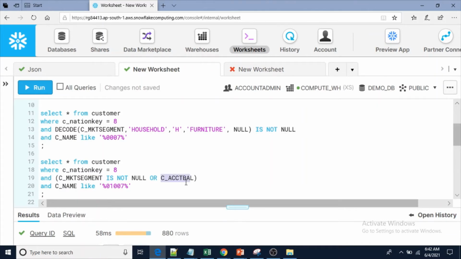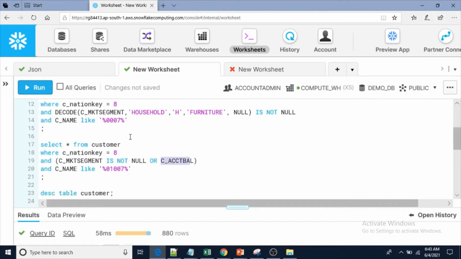inside this column all numbers are there, so in Snowflake numbers can be converted into boolean. It could be true or false, depending on the number. That's why we didn't get an error here. But especially if you have any character string or unwanted string which Snowflake cannot convert into boolean, then we'll get this type of error.